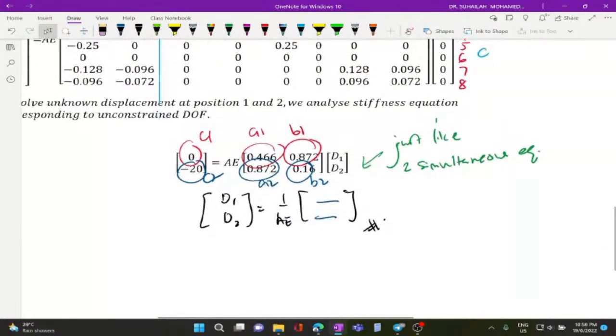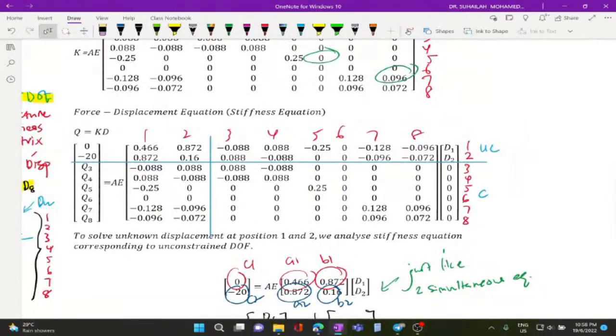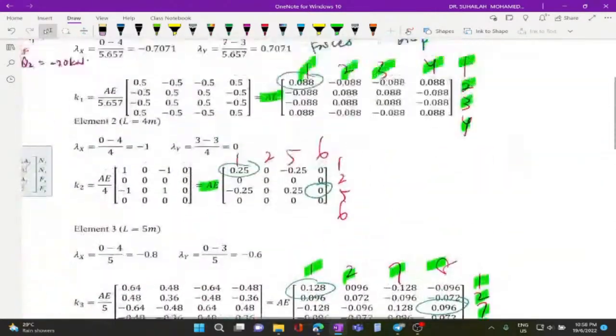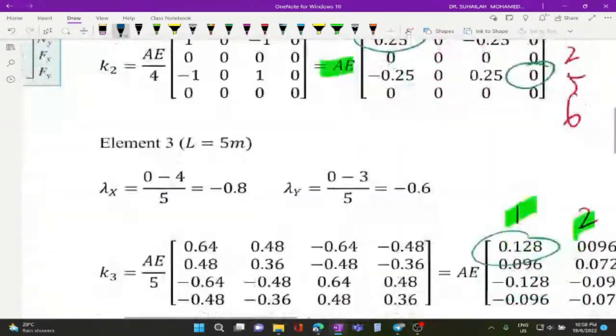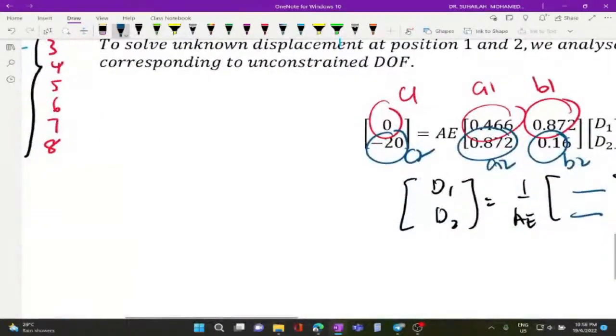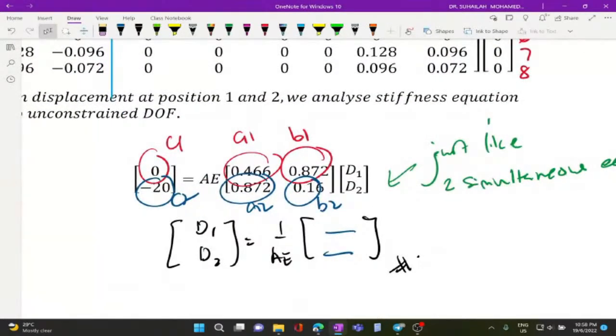Okay, so this is part C of analysis. We have discussed 1, 2, 3, and 4. So I will stop this video up to this level where I have shown to you how we actually solve the unknown displacement. In the next video I will show to you how we calculate